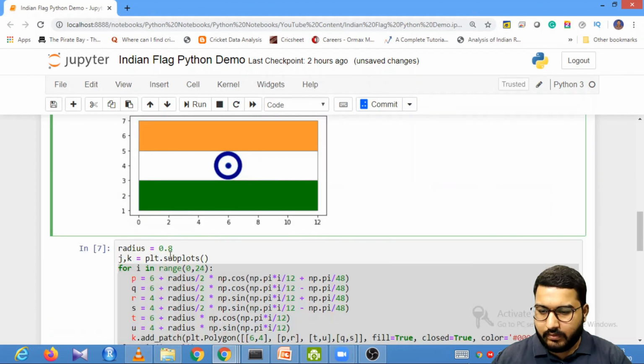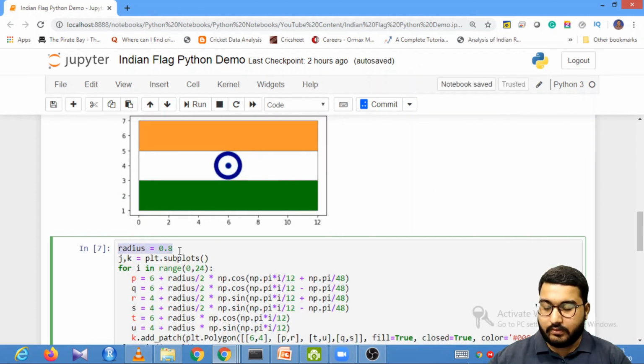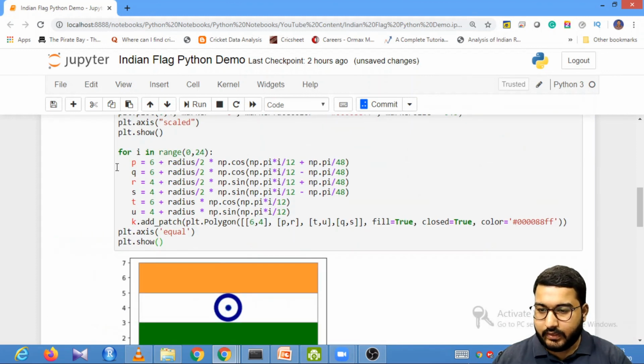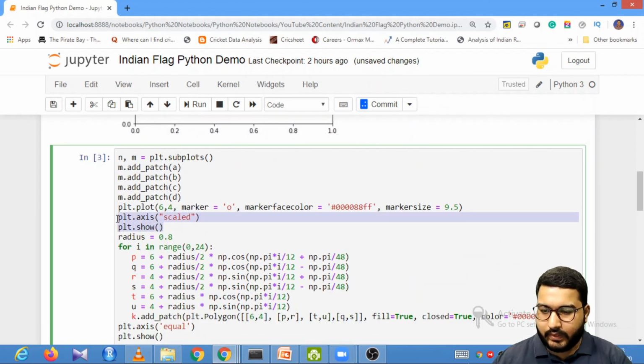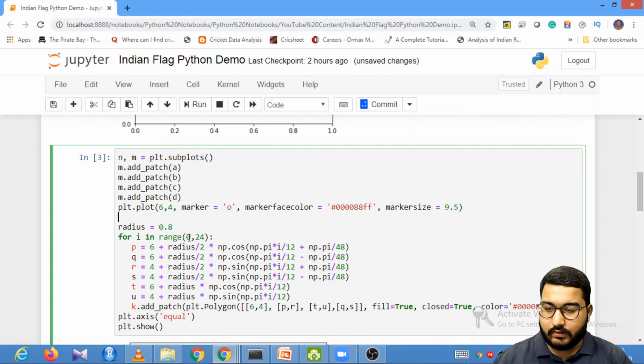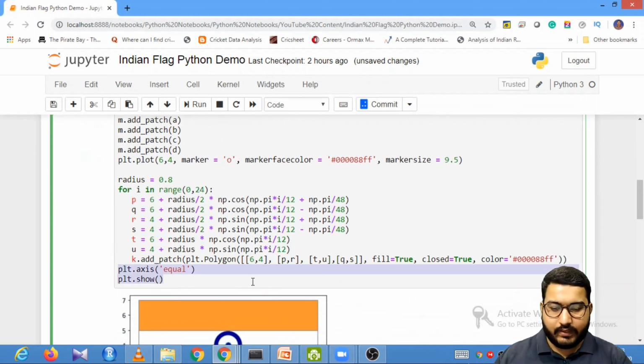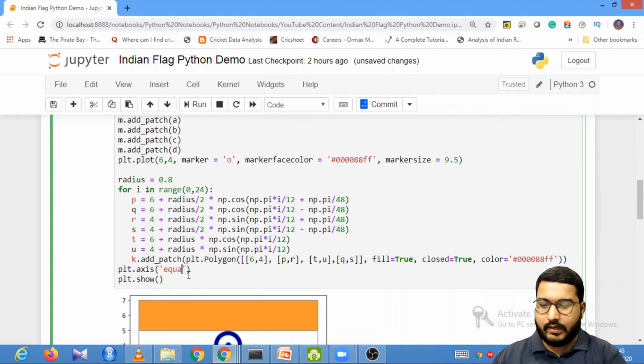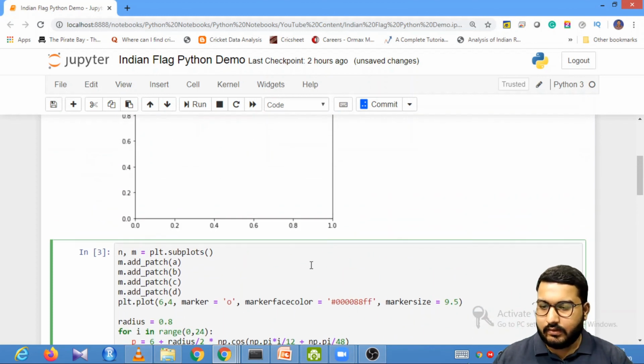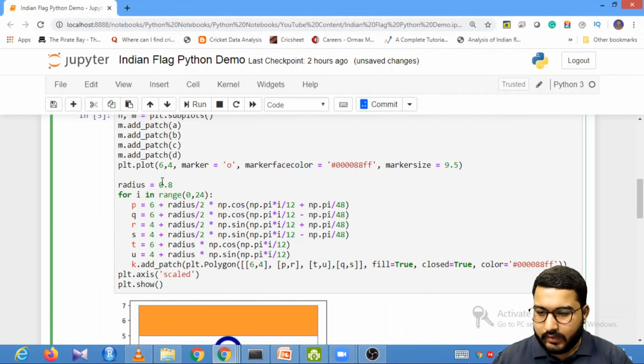I wanted to have radius, so I'll just copy my radius and put it over here. I will remove this from this point, because I already have this over here, and instead of equal I will have scaled. And do I need to change anything else? Also, okay, this is m, so this should be m dot this.